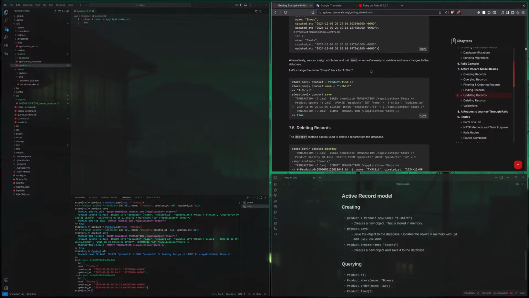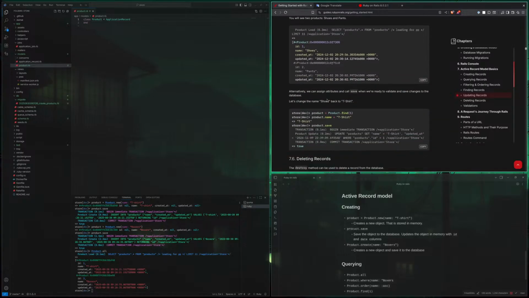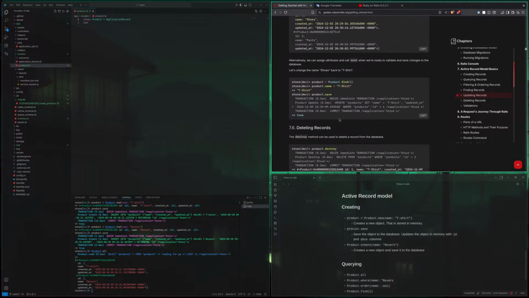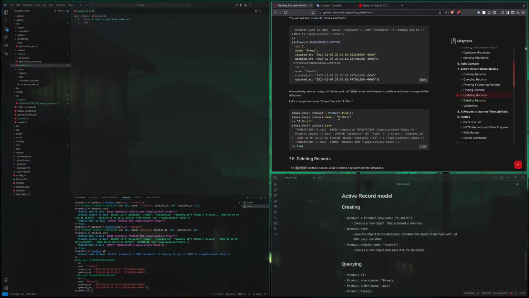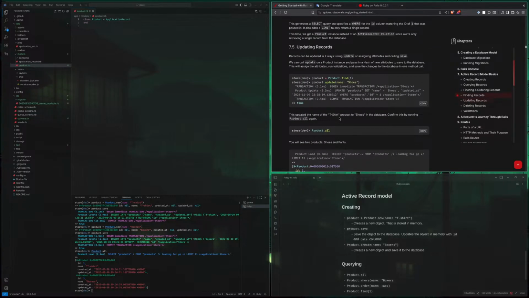But if you go this route, yeah, exactly. You can say product name as t-shirt, and then we can save it. So if you're only gonna change one thing, basically you can do it.